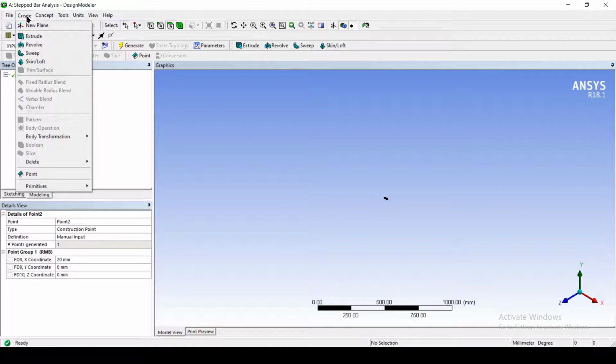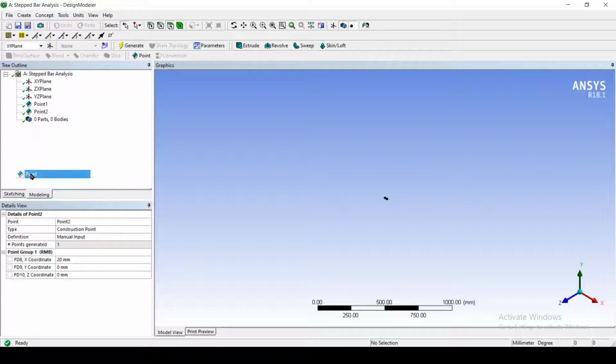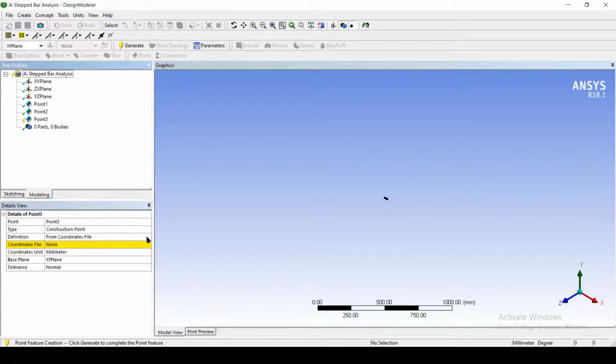Go to create for the third point. Then the third point should be at a distance of 80 mm from the origin. So point, manual input, and here 80 mm from the origin.